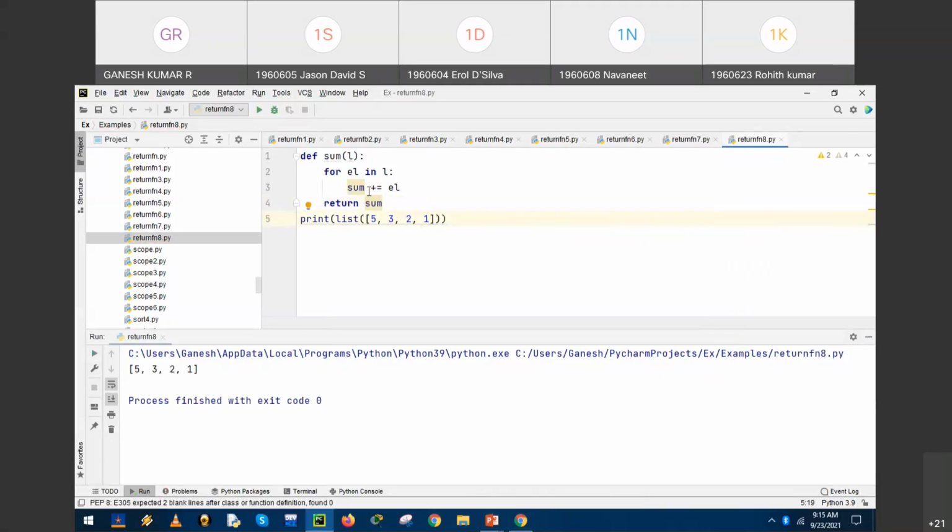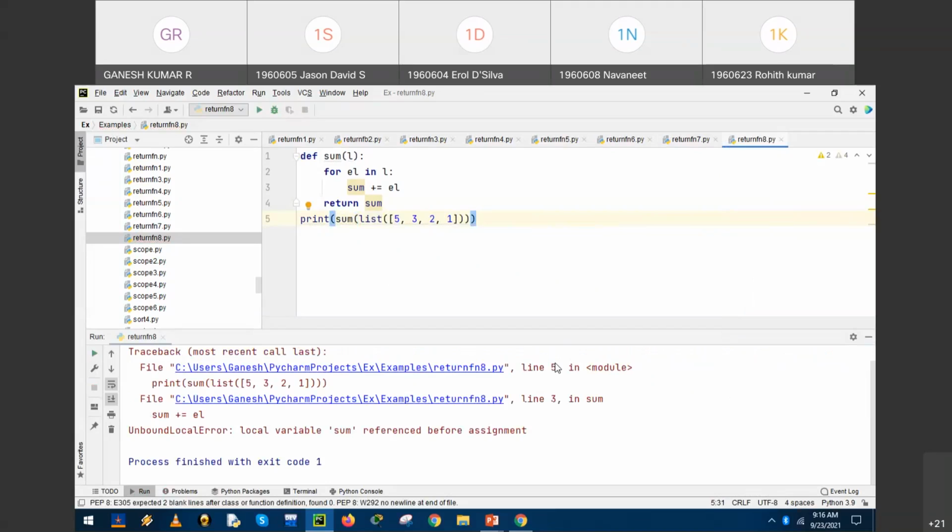Okay. So here sum is equal to sum plus ELE. Fine. So return sum and print list of a function. Okay. So here we can modify the statement to get the output. An error. Sum is not defined here. Okay, fine.